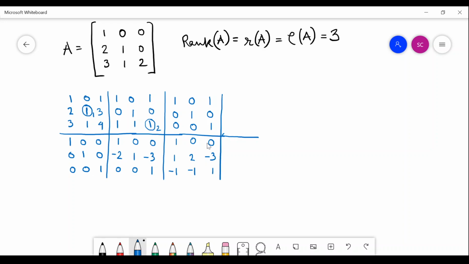So what about all these? I've taken this one. So this would become 0 now, right? So that is why this would become 0. Now you see, that v1 plus v2 minus v3 is 0.